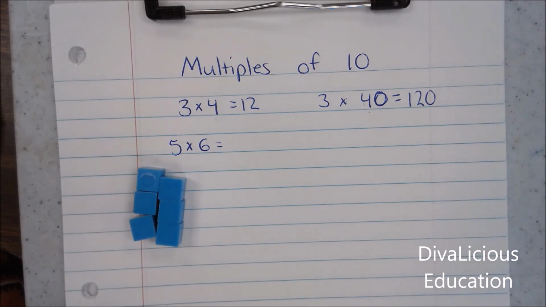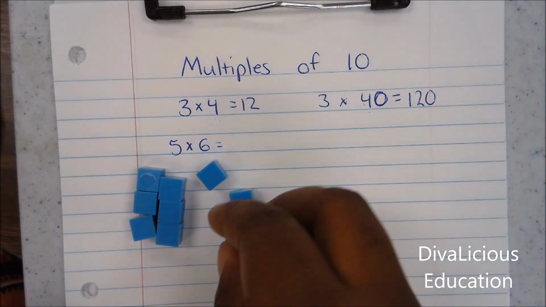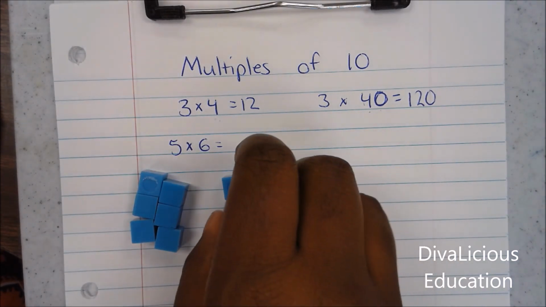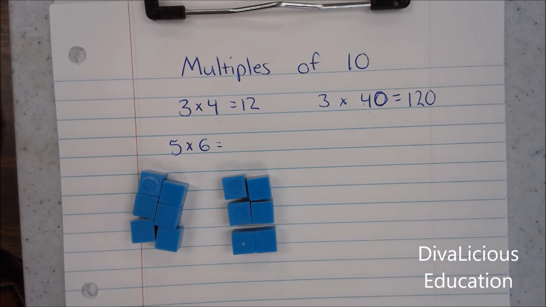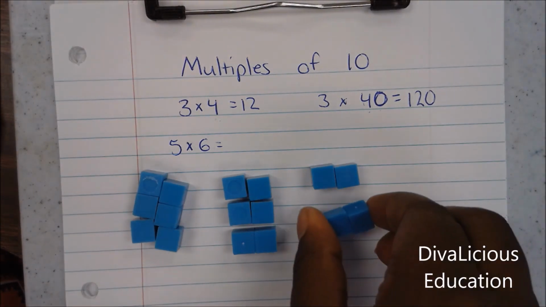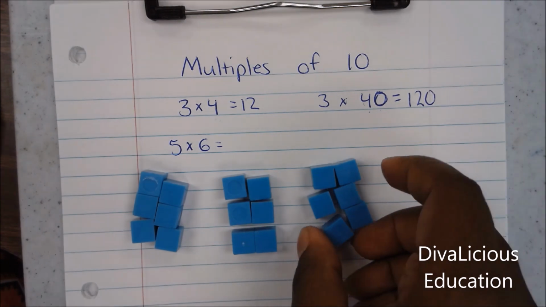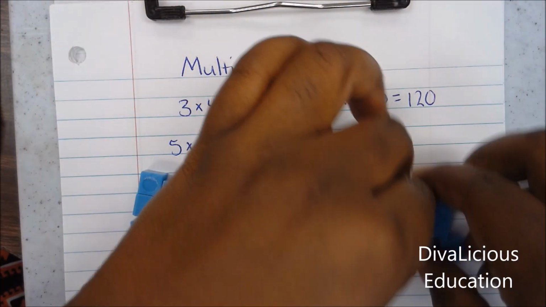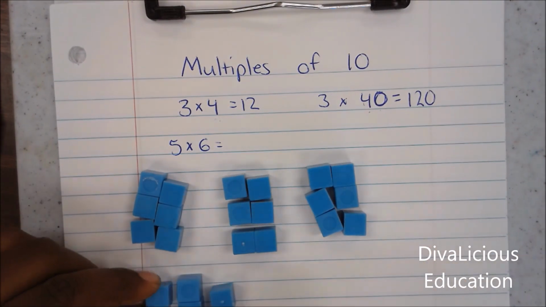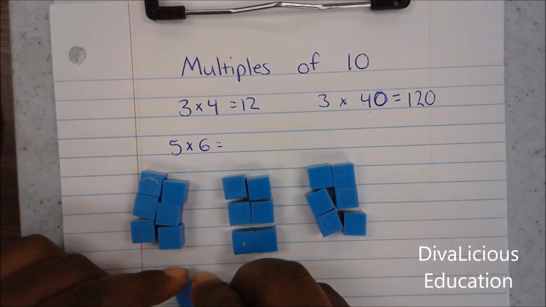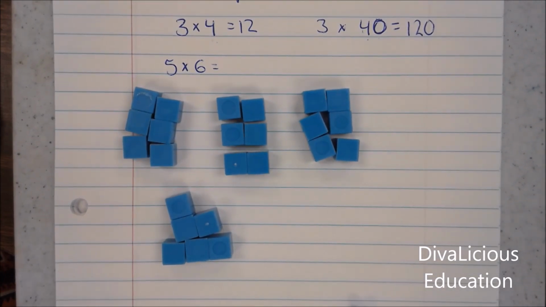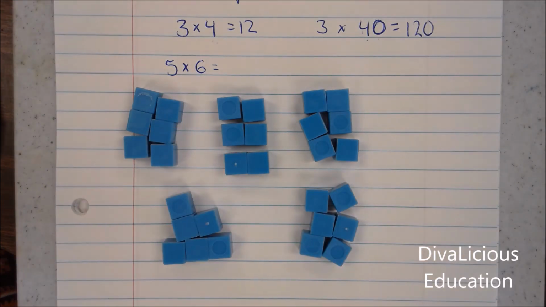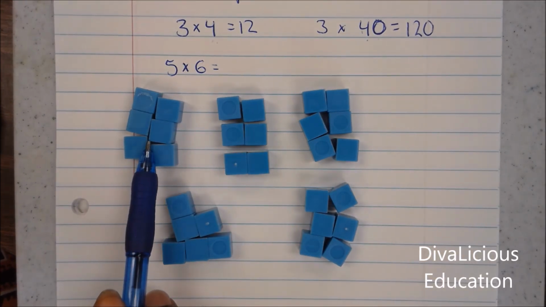Here's one group of 6, 2 groups of 6, 3 groups of 6, 4 groups of 6, 5 groups of 6, which equals 6,